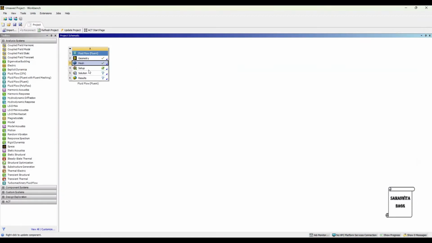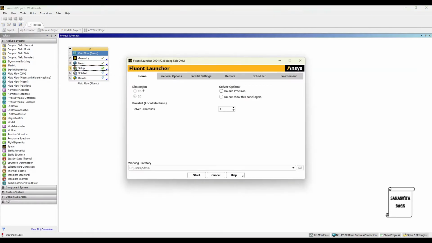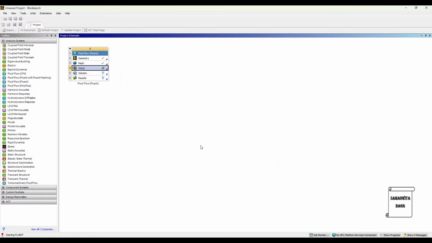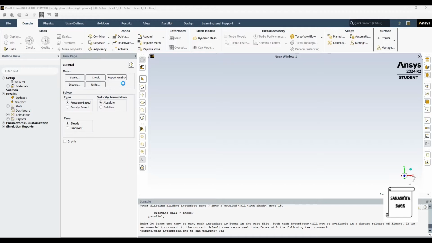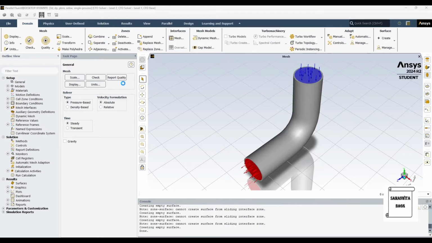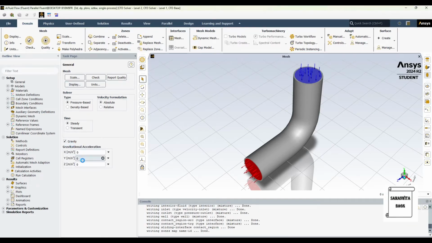Next I'll go to setup and double click here. I'll select double precision, start. Here I'll select gravity first.